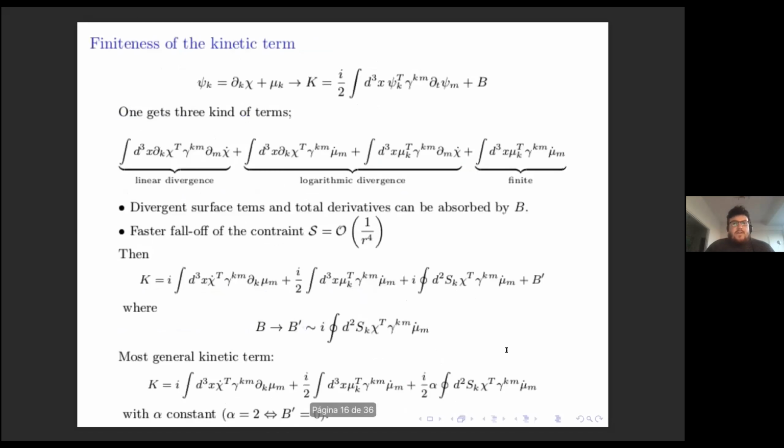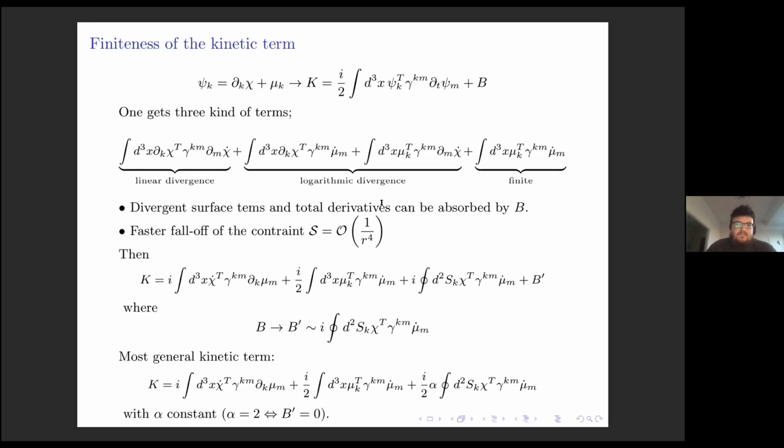So first, one has to show the finiteness of the kinetic term of the symplectic structure under the proposed set of asymptotic conditions. It is easy to see that at the end of the day, we will obtain this kinetic term for the theory. Now, when one replaces the asymptotic conditions in the kinetic term, one would obtain three kinds of terms. One would throw linear divergences. The other term is going to give logarithmic divergences,